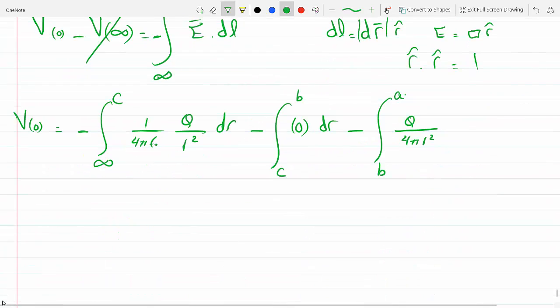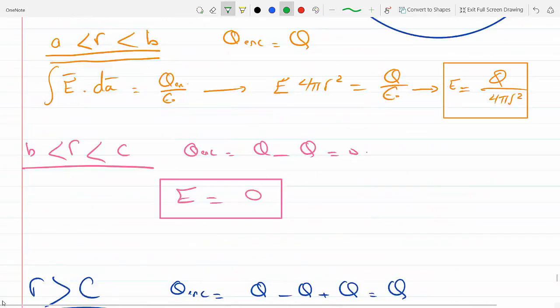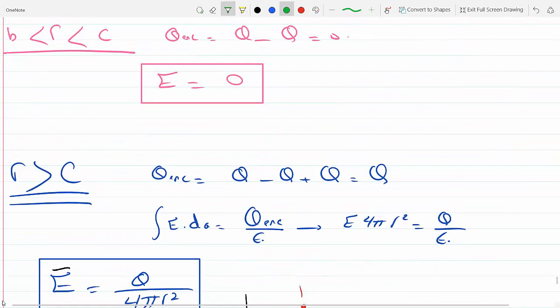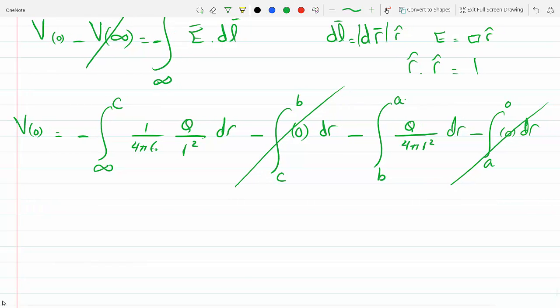So this is Q over 4 pi epsilon R squared dr, and now I will go from A to 0, and here this is a conductor. When we were less than A, the electric field was 0, so 0 dr. So clearly those two guys are 0, and what we have left here is